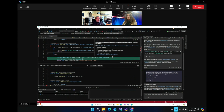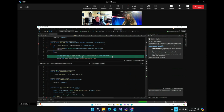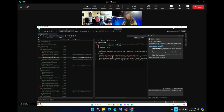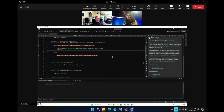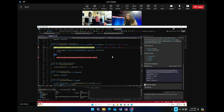This didn't work out exactly like I was expecting it to this time around, but it's not really difficult to deal with. We can cancel it out and start all over again. But at this point, I'll run through it one more time and you'll see that it will suggest breakpoints, it will set breakpoints, it will watch for values, and then suggest code fixes for us. Once we get here again, a little bit more specific, exact line numbers, exact values, the debugging is started, and it will tell us to continue debugging again. In this case,